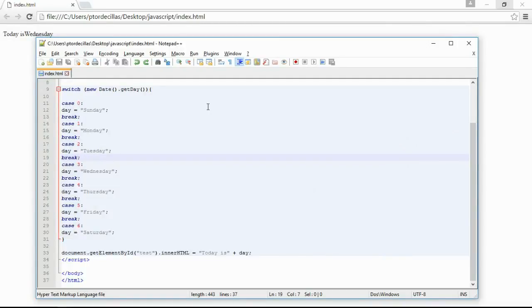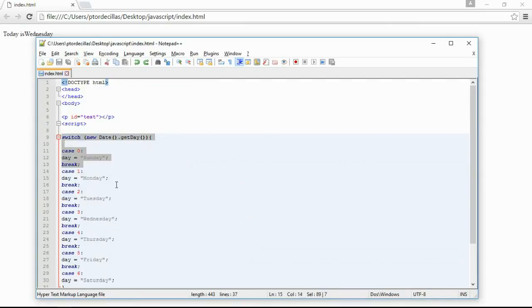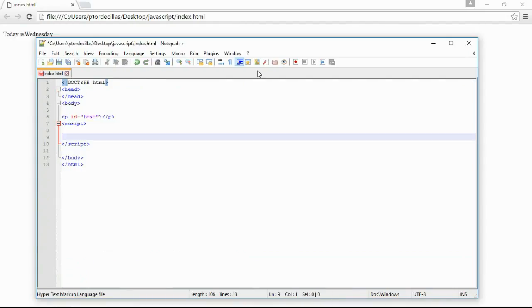In this lesson, I will teach you how to use for loop. First, let's go to our index.html file, remove this, and then type var cars equals